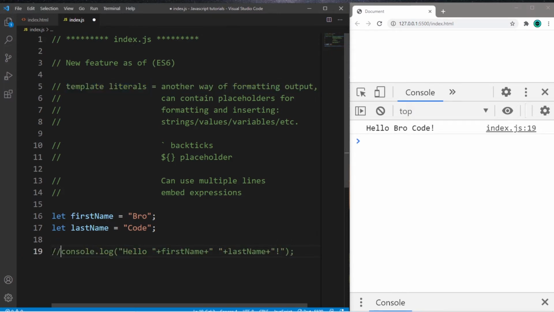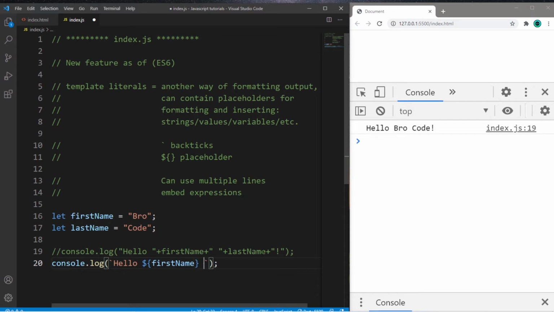We will still continue to use a console.log statement, but within it, we're going to use a set of backticks. These right here. It's easy to confuse these with single quotes, so pay attention to that. So within a set of backticks, we can write a string, like hello, space, then to insert a value, variable, or whatever, we need to use a placeholder, $ sign, then curly braces, and list the value or variable within the set of curly braces. If I need to display my first name within the placeholder, I will just say firstName,